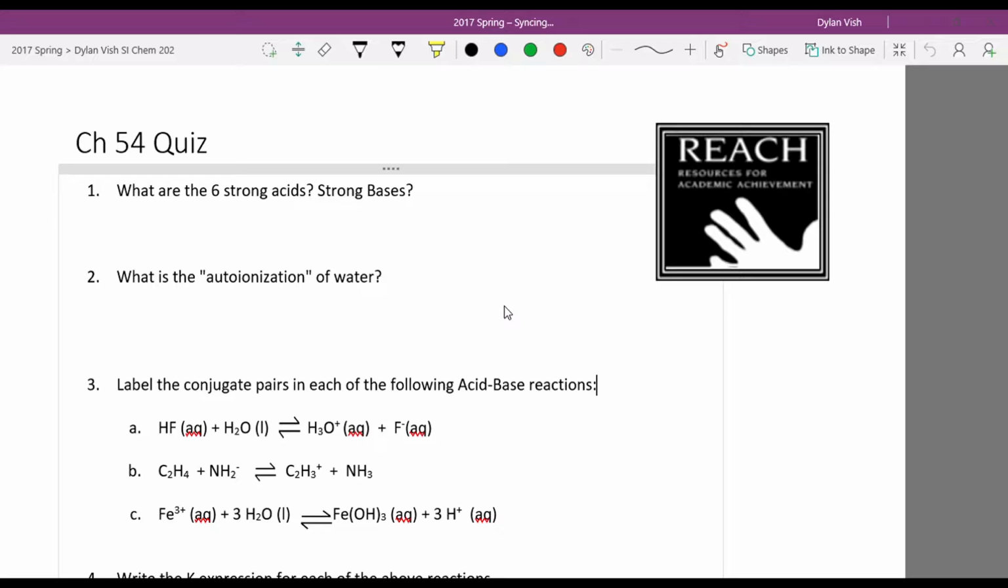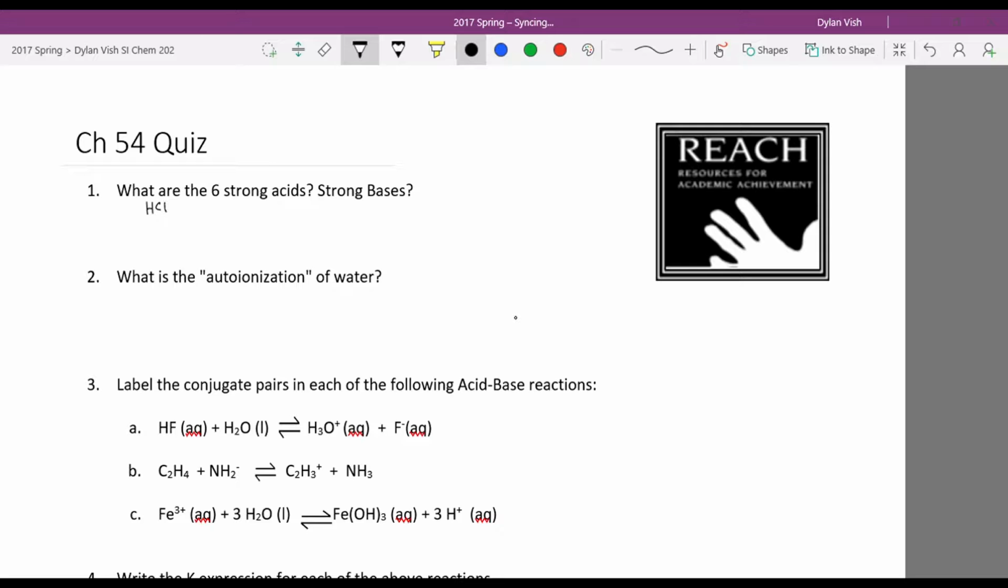So, let's go ahead and try this quiz. Our quiz on acids and bases has two main things going on: we have acids and we have bases. The first question on this quiz is, what are the 6 strong acids? Well, we should automatically think of our halogen acids, meaning we have HCl,